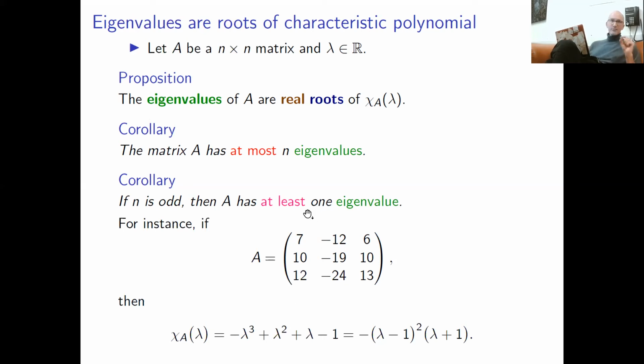a quite complicated expression. Then you simplify it, you get this polynomial, and this polynomial factorizes like this. So you can see that lambda equal to 1 is a root, a multiple root, with multiplicity 2, and lambda equal to -1 is another root. So it has 3 real roots, but one root is repeated. I prefer to say it has 3 roots, but one root is repeated.